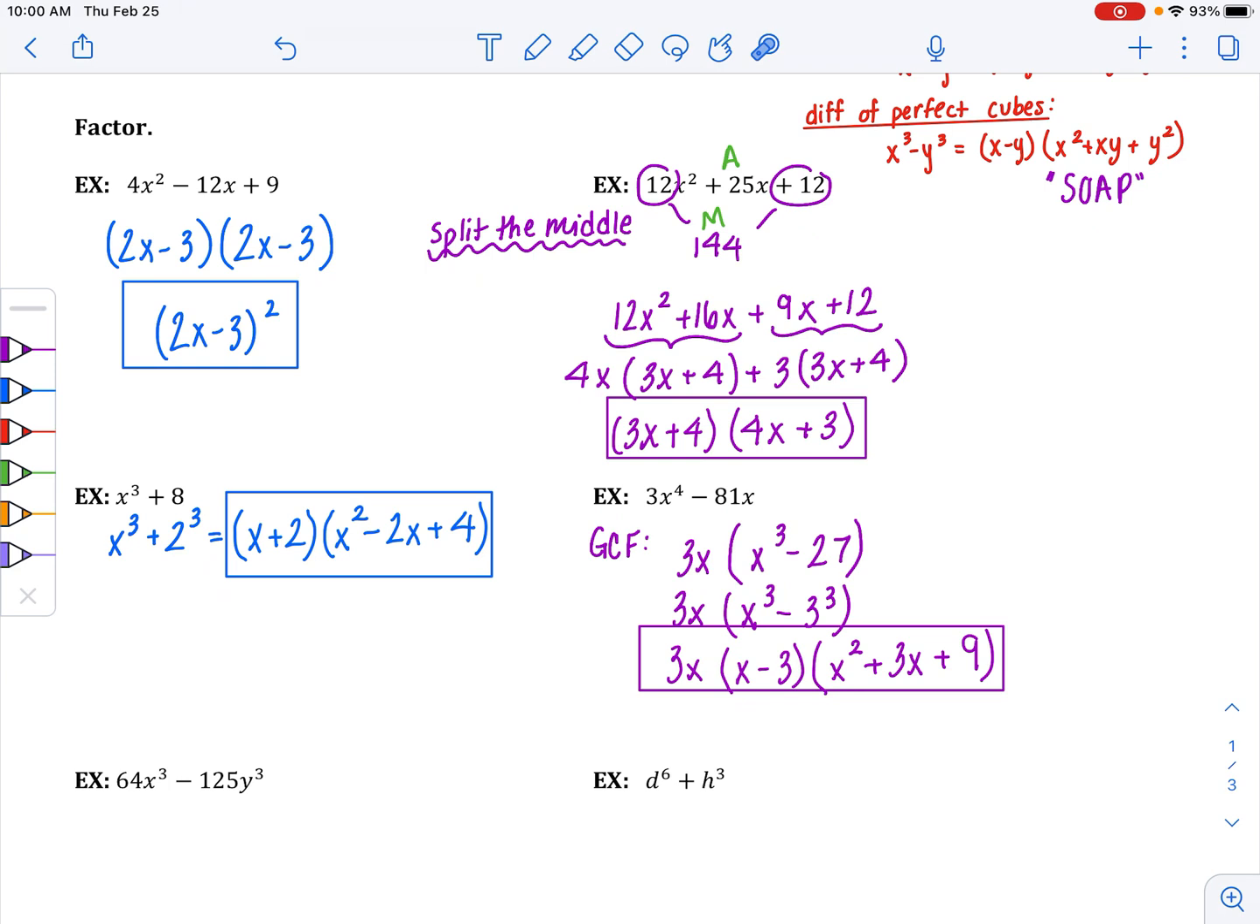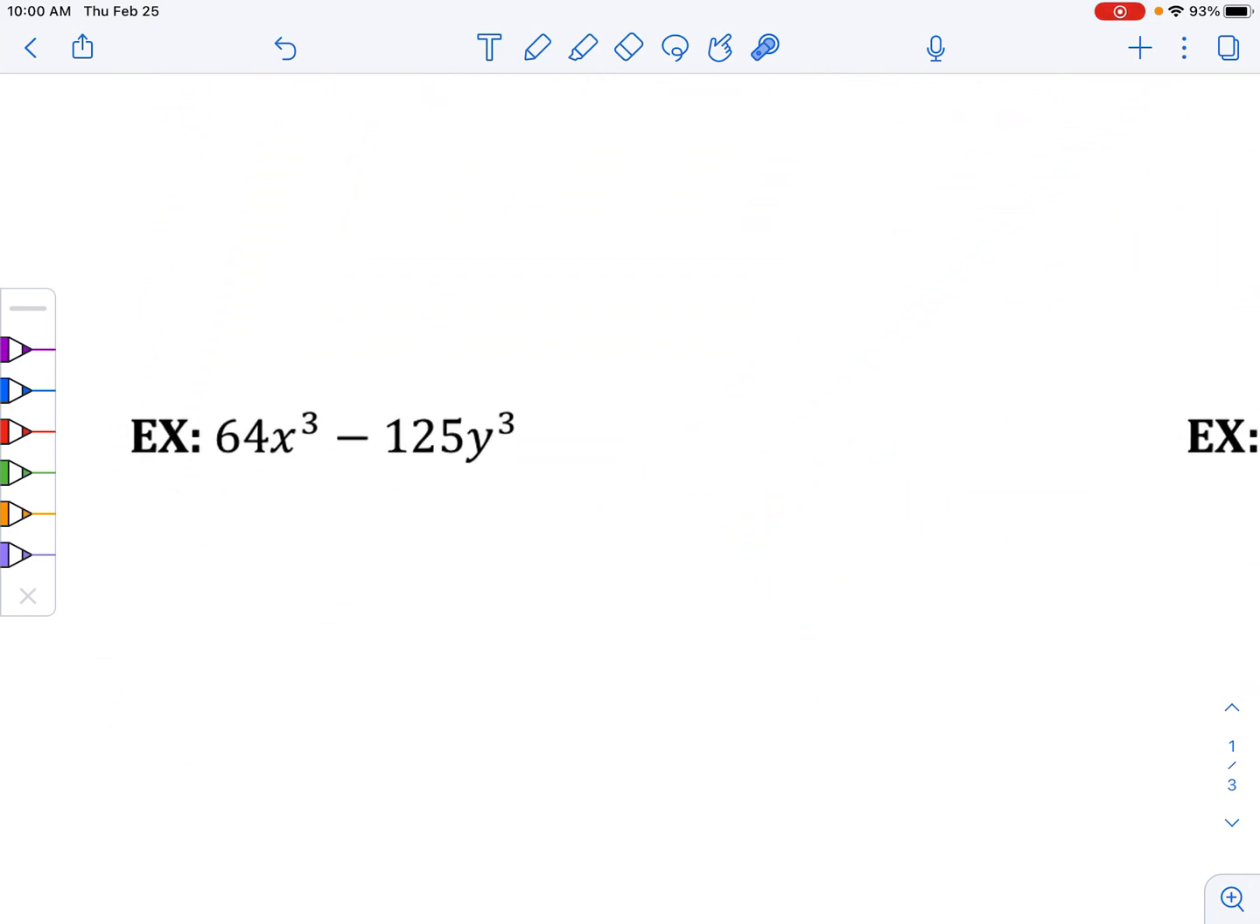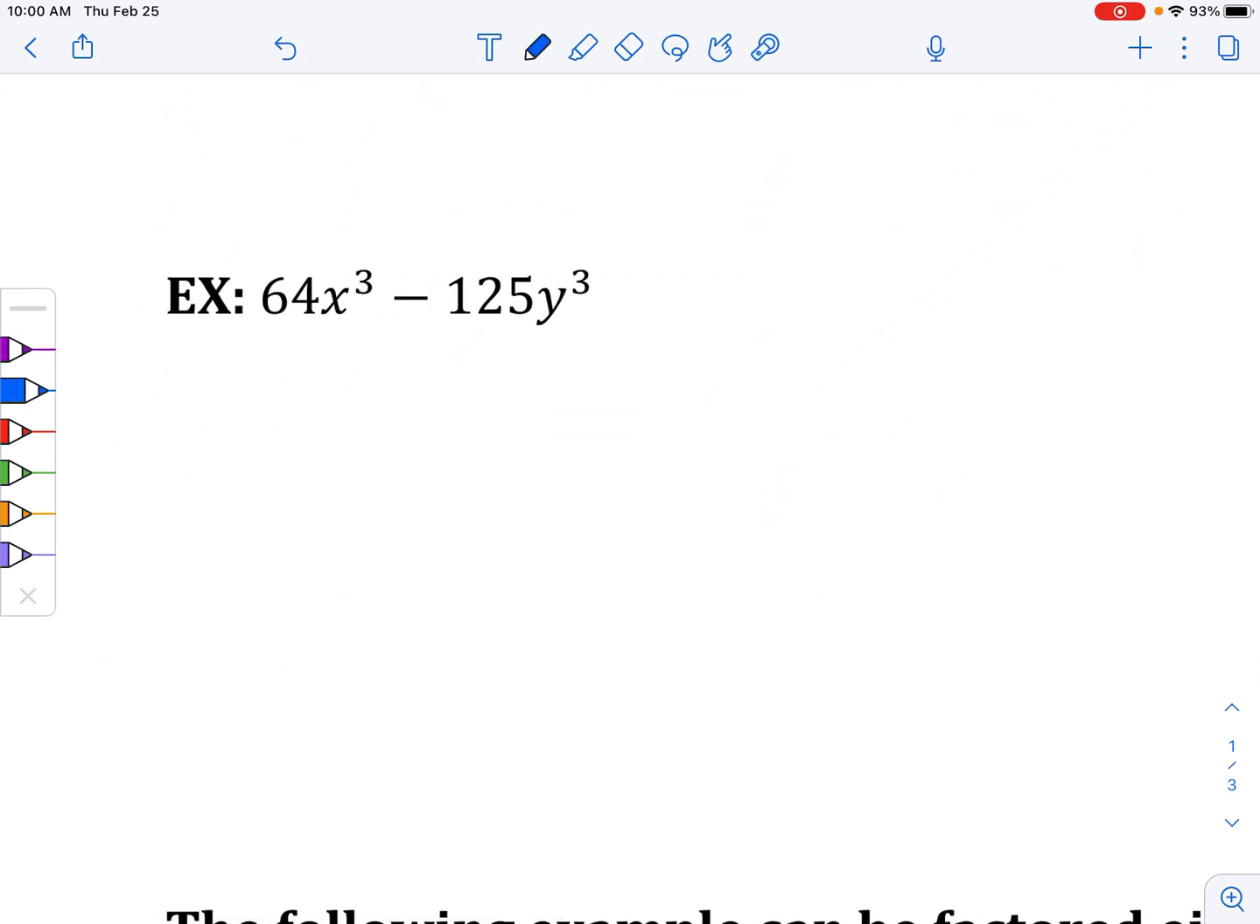Looking at our next example, 64x cubed minus 125y cubed. I'm going to see if it could possibly be difference of perfect cubes. My variables are perfect cubes. Let's see if our coefficients can also. So I'm going to zoom in here. Let's see if I can make this possible. Well, 64 is really 4 to the 3rd. 125 is really 5 to the 3rd. So I was able to rewrite those as perfect cubes, which means 4x